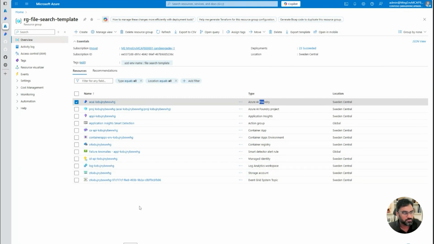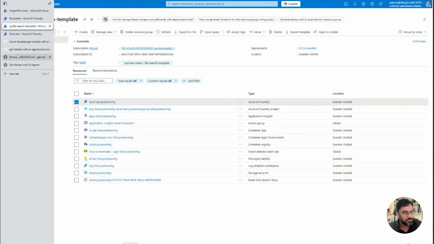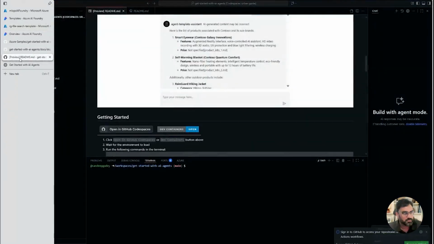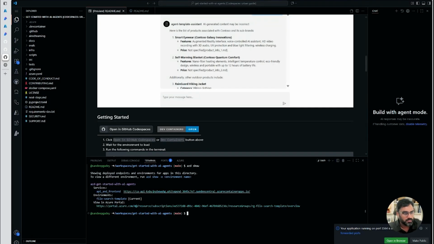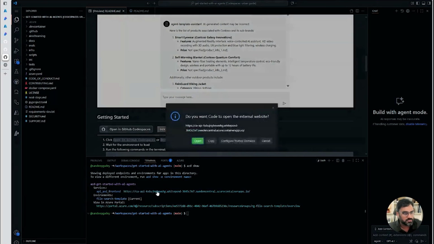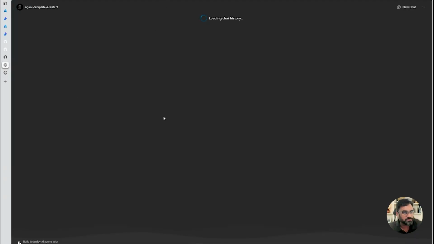Once it's deployed, all you need to do is come here and run azd show. Once you run this command, it will give you a front-end URL. Just access this, and it will take you to the application.